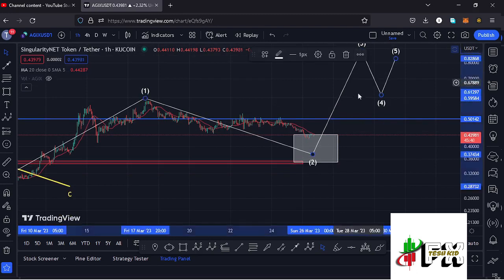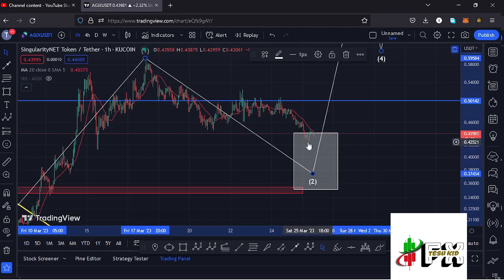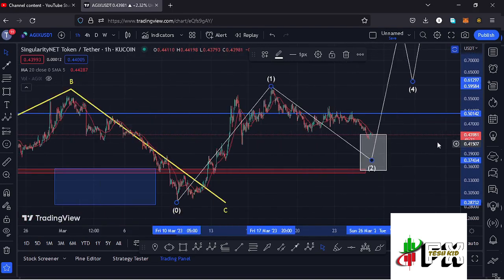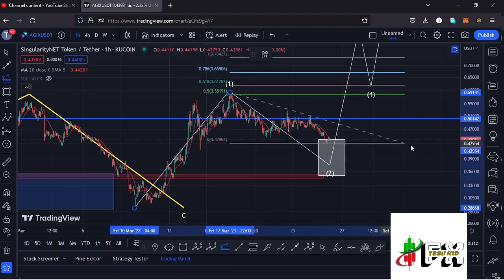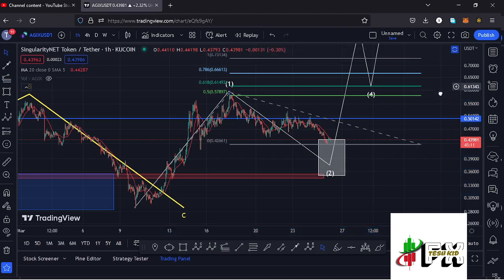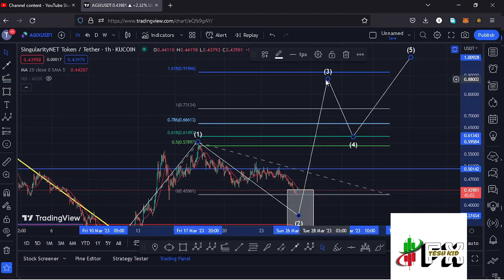There are also chances that we might have bottomed out in the formation of this wave 2, since we have managed to get into the minimum retracement area in the formation of this wave 2 in a move that has now given us a low at around the $0.42771 mark. And if that is the case, we can sketch out a target area to the upper side in the formation of that wave 3 by connecting the trend based Fibonacci from the low of the first wave to the high of that wave 1, then dragging the fibs to the low of the second wave, and that now gives me a minimum target area in the formation of that wave 3 at the fib level 1.618, and that is at around the $0.91966 mark,